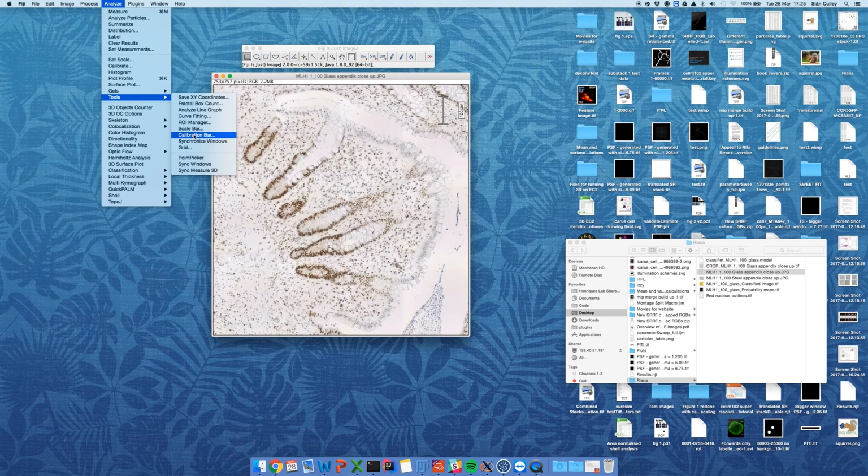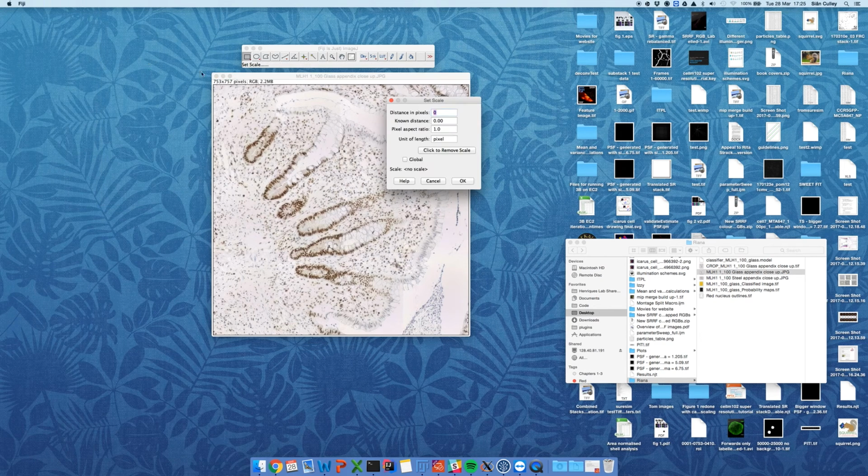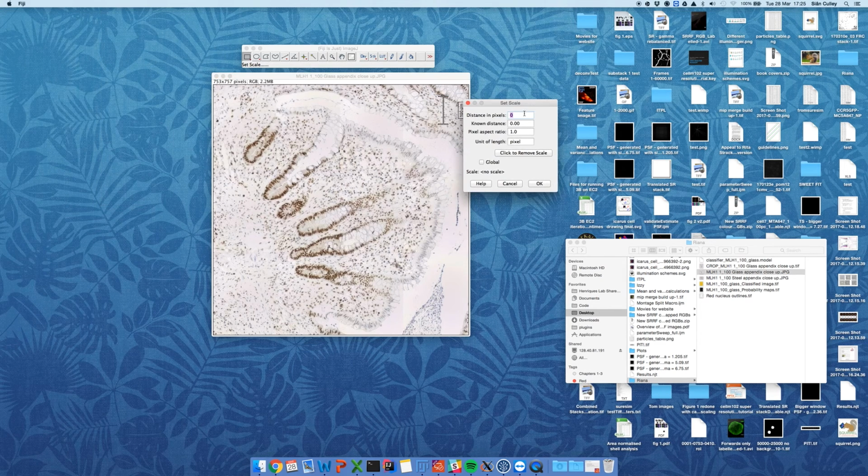I think, is it? See, this is where it's embarrassing. Oh no, here we go. Set scale, I believe. There we are. So our distance in pixels was 84 pixels. That was the height of that scale bar. And the known distance is 100 microns. The pixel aspect ratio, they're square pixels, so we do it like that. And I'm just going to put in micrometers